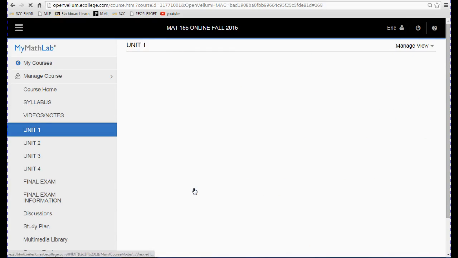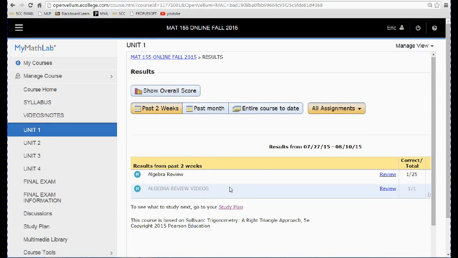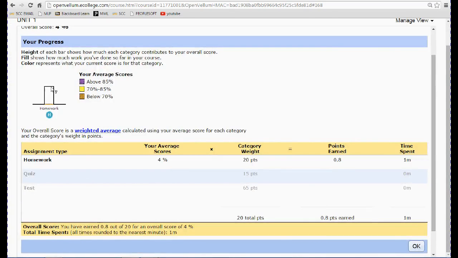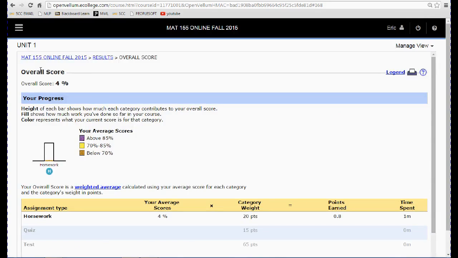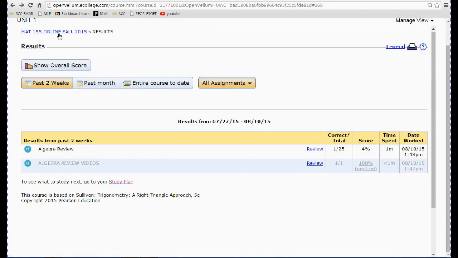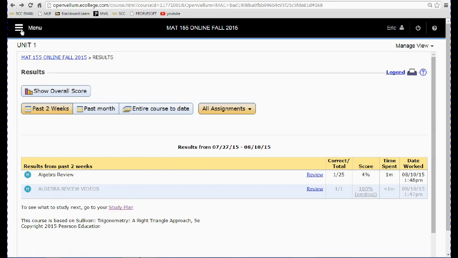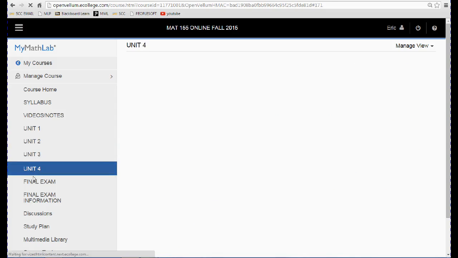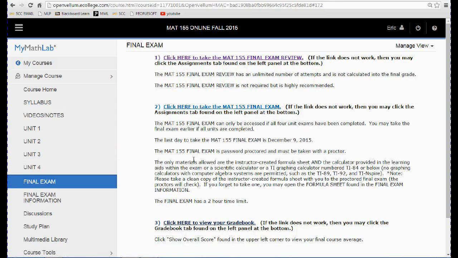You can always click here for the gradebook. I have several links for the gradebook, and if you click on Show Overall Score, it gives you your current course grade. It is somewhat accurate. It's not totally accurate, but it is alright. Then each unit is set up the exact same way. Then the final exam,